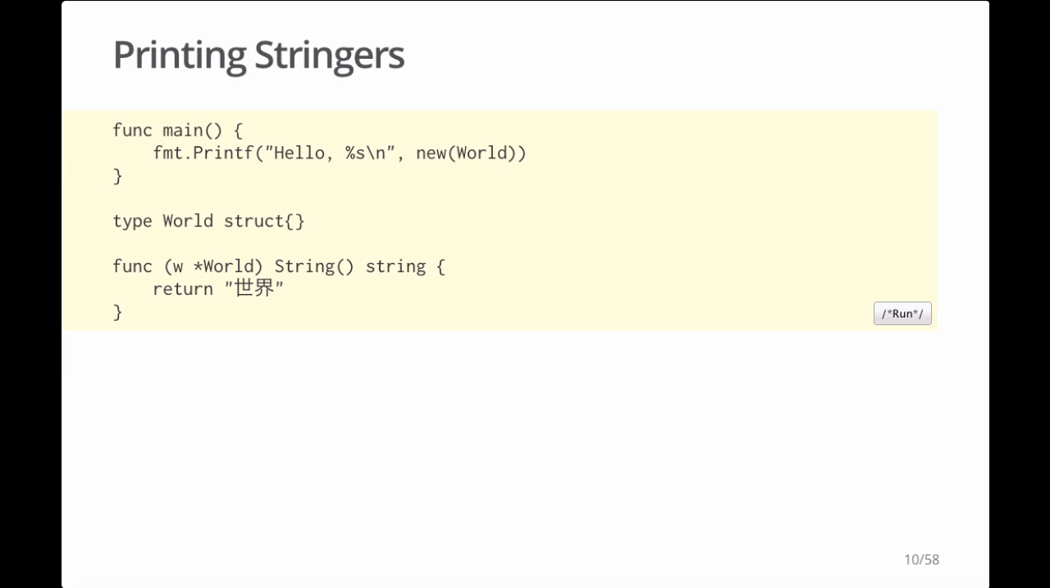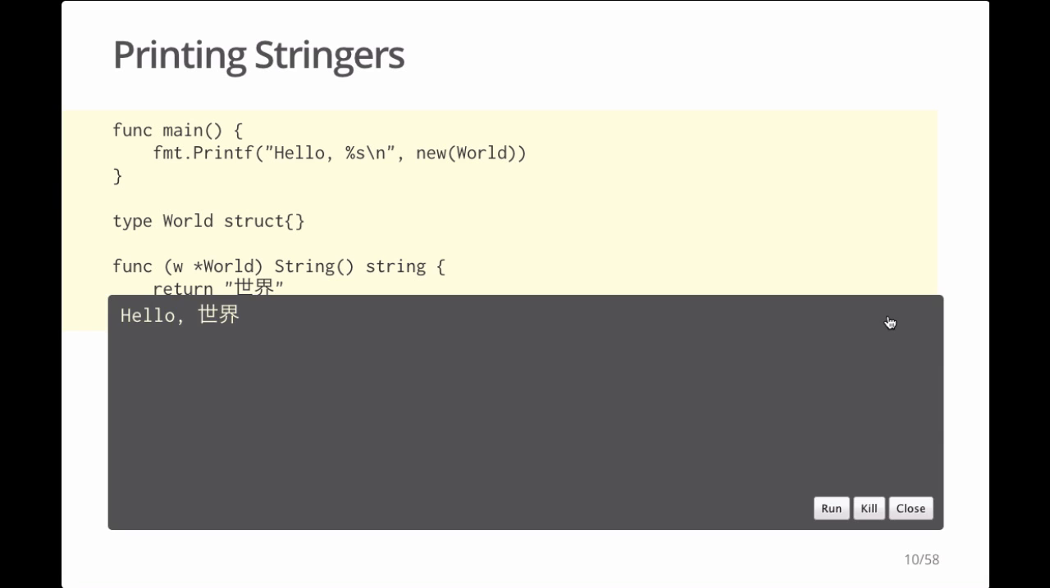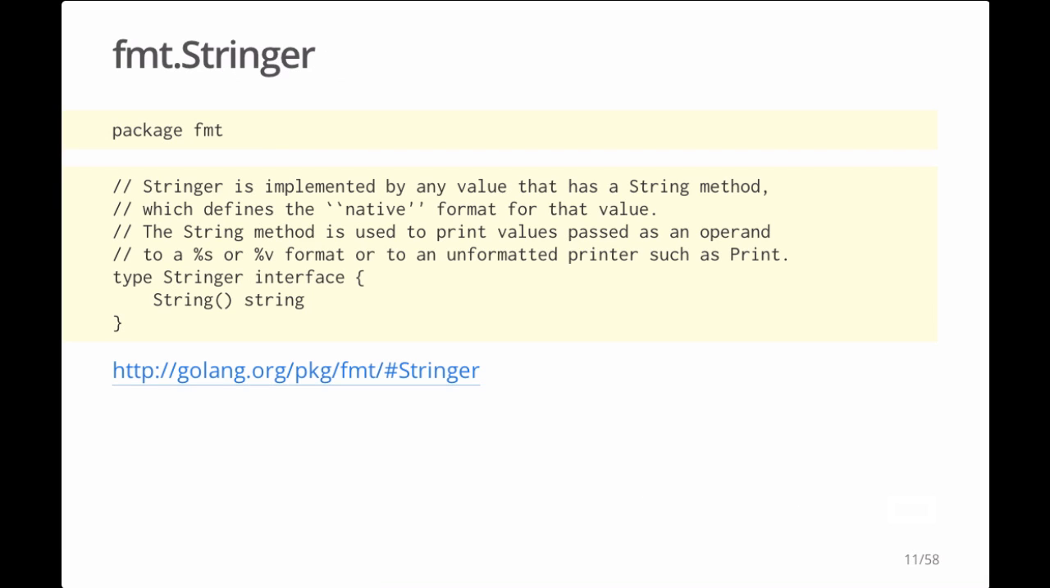And so when we pass a newly allocated world value as %s's argument, printf prints, surprise, hello world. How does it know to do that? How does the new world argument turn into that string? Package fmt defines an interface called Stringer, which, as you can read in the doc comment, means that any value